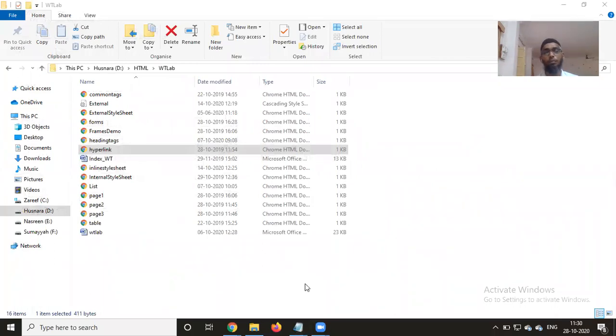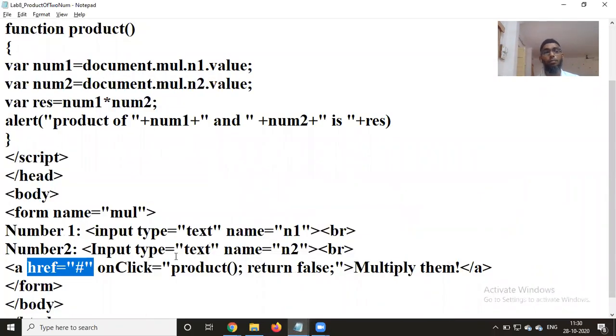Now here you can say href hash, onclick: hash in the sense the same page is the reference. OnClick means when you are clicking on that reference, what it has to do, it has to invoke the function product, which returns false, so it doesn't return anything, and what text it has to display there: multiply them. So when you click there, it has to call the product and it is going to execute, right? So that's the reason why. So when you're saying